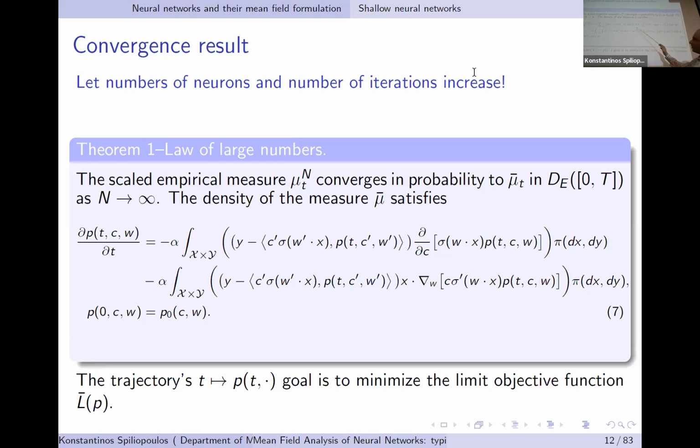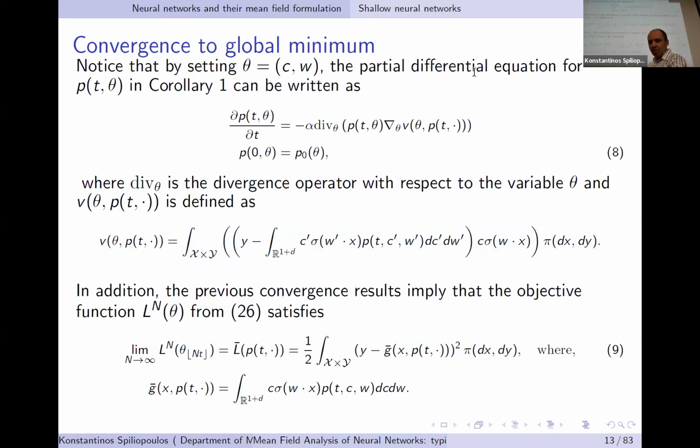Now, this PDE, even though it seems a little bit weird, let me go to the next slide, it can actually be written in a nicer form. It's a non-local, non-linear PDE. For those of you that have a little bit of experience with that, I would just say that this is the PDE that governs the evolution of the density of the limiting distribution. And it is non-linear, but it's also non-local. Non-local in the sense that it depends on this V over here, which depends on the solution P, but in an integral form. So it's not a local equation, it's a non-local equation. However,